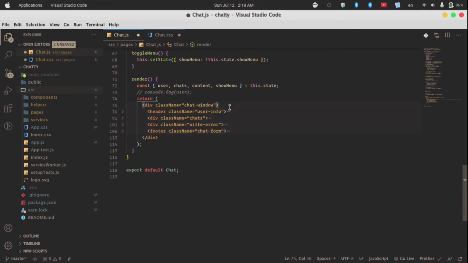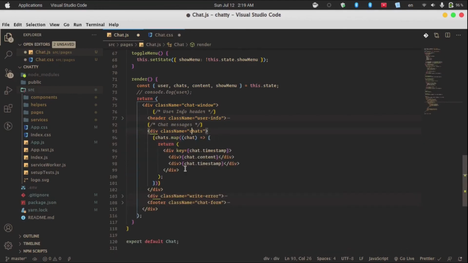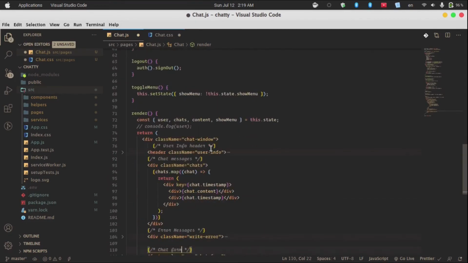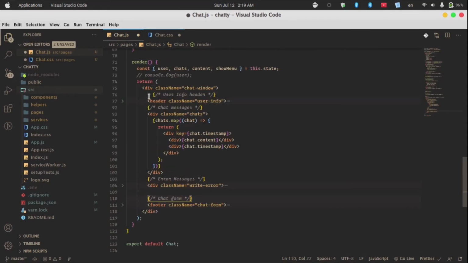And I can comment this out: user info header, then chat messages, then error messages, then chat form. Now we have chat window,